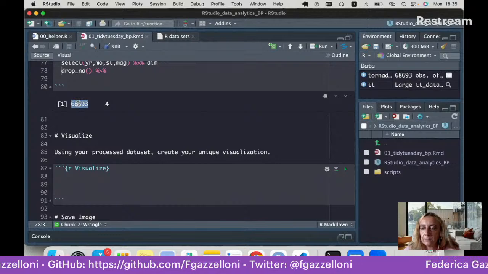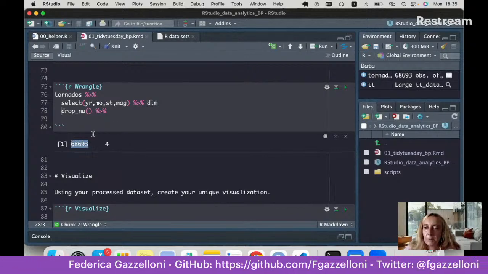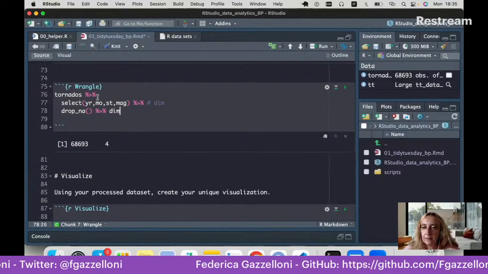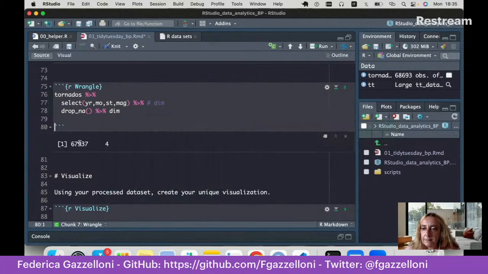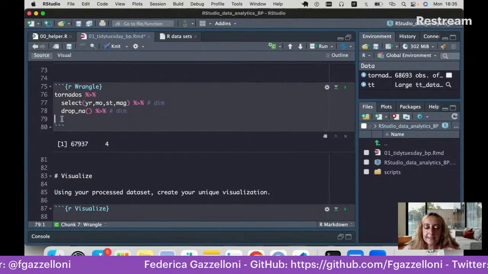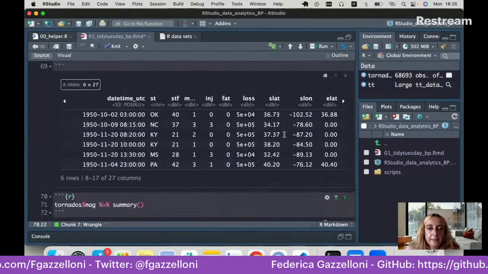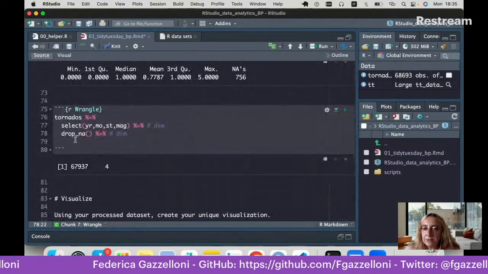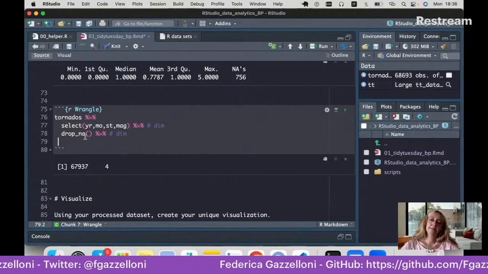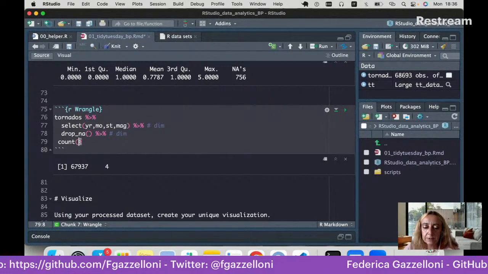We have about 68,000 observations. We comment this out inside the chunk of code, and then we can do this again with event drop now. See that this is slightly lower. And so this is our new data set, and we might want to see what is the magnitude. If we group it, let's look at this. If you do how many years we count, so we count with the table function. So we count the year